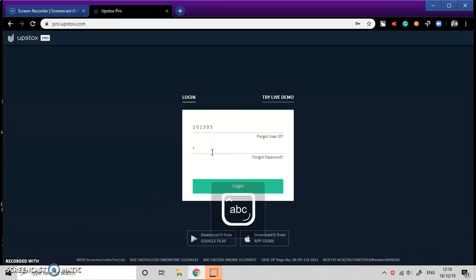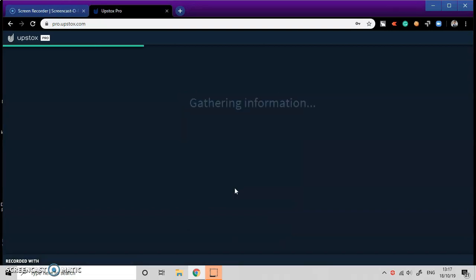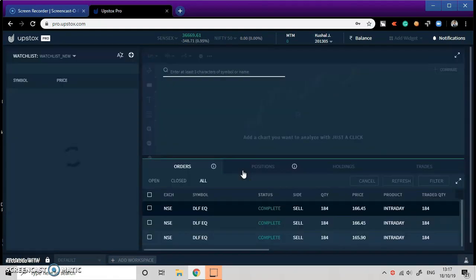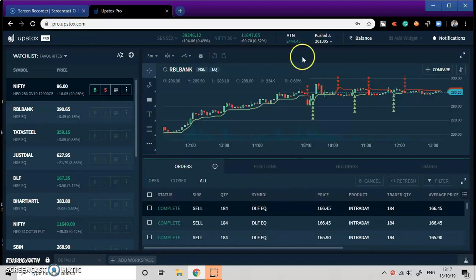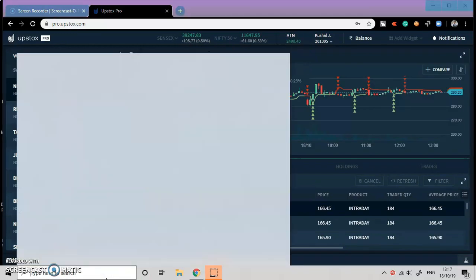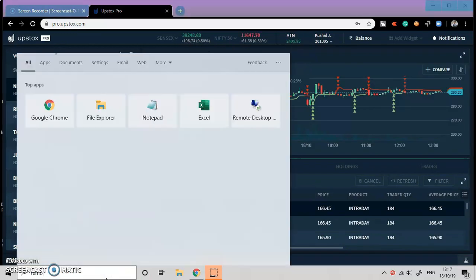I've just come and I want to square off before 3 o'clock because I need to go somewhere. However, even if I do not square off right now, the system will automatically square off all the positions at 3:15. But since I'm getting good profits right now, I would like to square off at around 1:16 or 1:17. And as you can see, my MTM reads 2,500 something. So I'm happy with 2,500 rupees profit, and I'm going to square off.